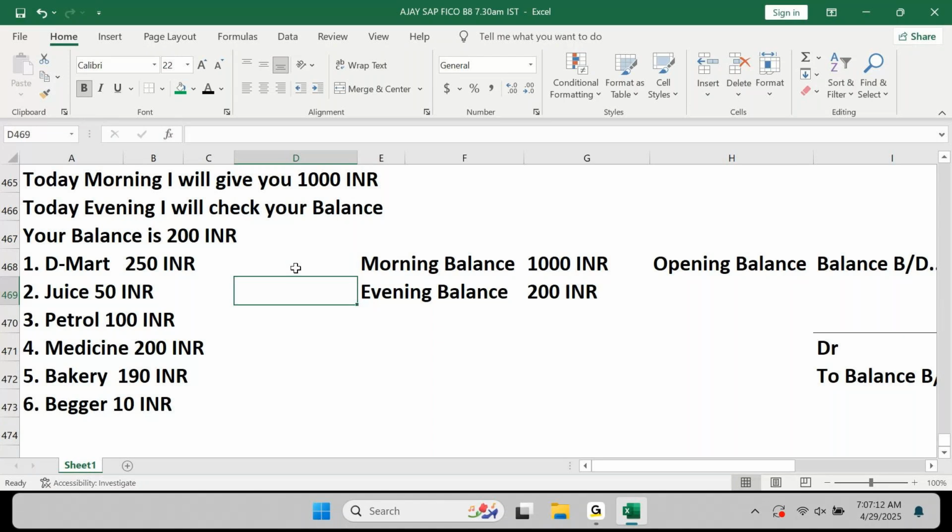If your expenses are monitored, you will not drink juice on the street where there is no bill. You will strictly go to a hotel where you will get the bill for the juice. Am I correct? Here, it is not only juice which is important for you. Along with the juice, the bill is also important. How will I believe whether you really had juice or you are keeping 50 rupees in your pocket and then you are telling me a story? Nobody knows, right? There should be a proof,